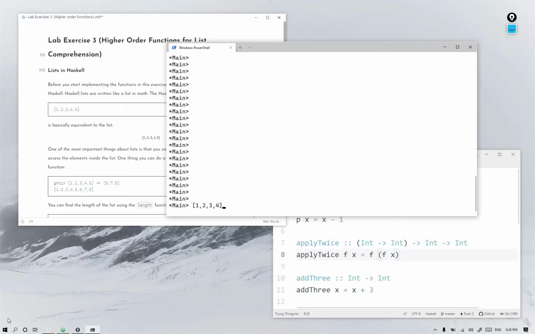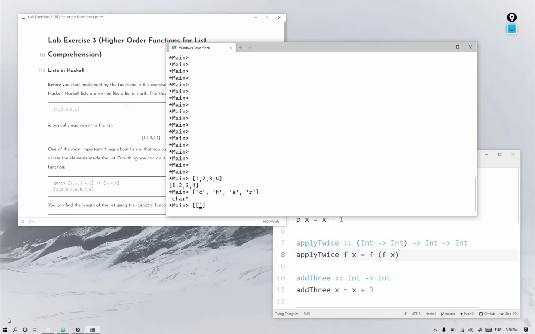1, 2, 3, 4, like that. So lists in Haskell don't have to be lists of numbers. It could be lists of other things. So you can have lists of characters, for example, C followed by H followed by A followed by R, which will be converted automatically into a string when you try to print it. It could be a list of lists actually,